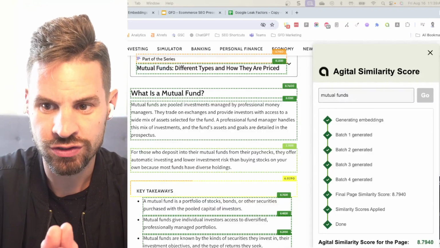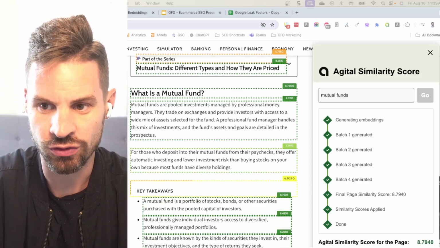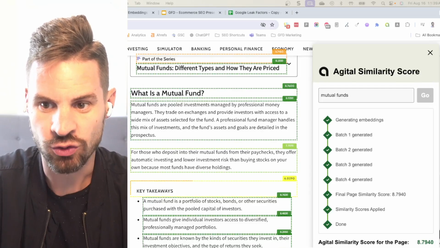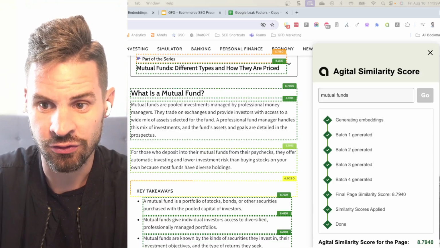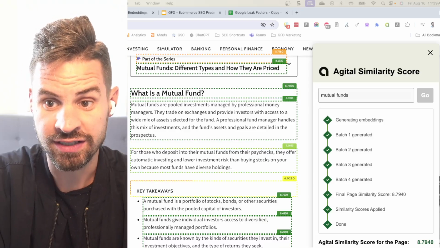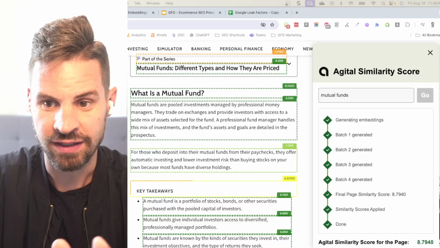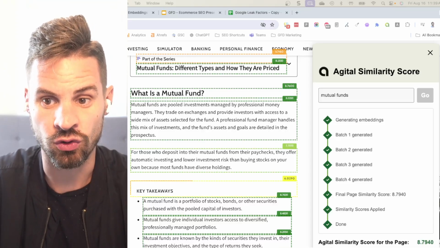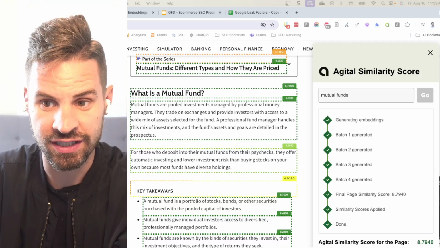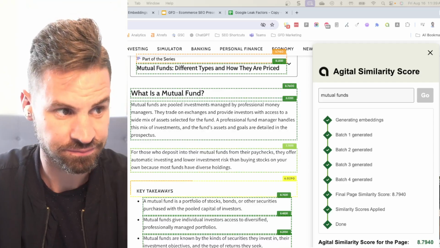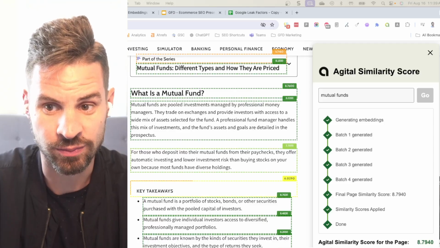So huge news. Today we're announcing the Agital Similarity Score Extension. What it's going to allow you to do is, for any given page on your site, run your content through and it will embed your content, run it through Google's own models, and then give you embedding scores or content scoring to see how relevant your content is for a target keyword for any page on your site. So before we talk about the extension, I'm going to talk a little bit more about embeddings